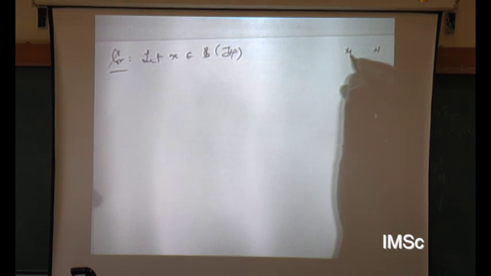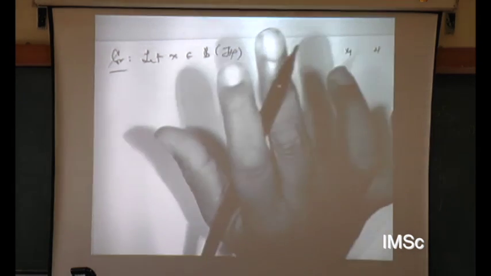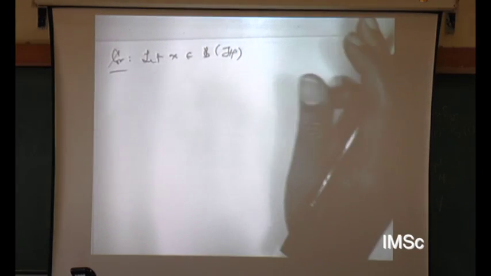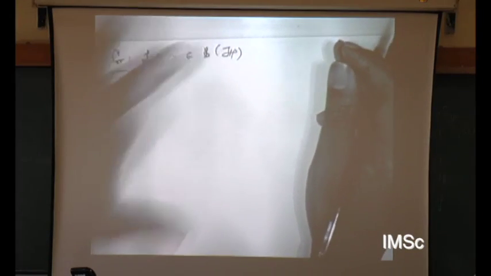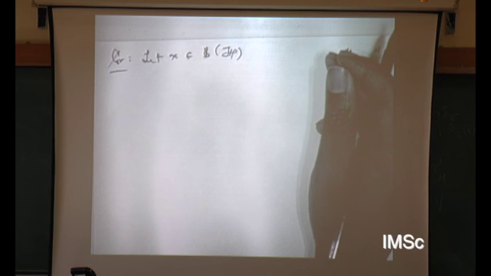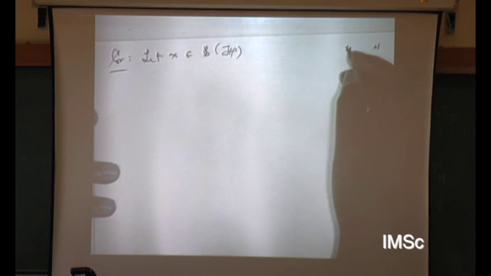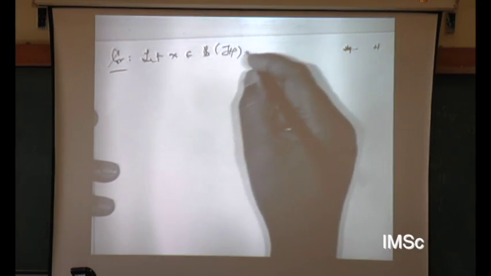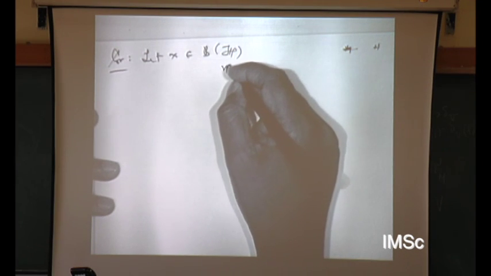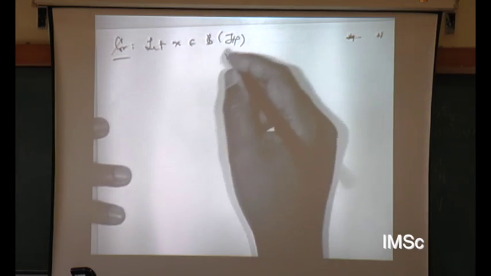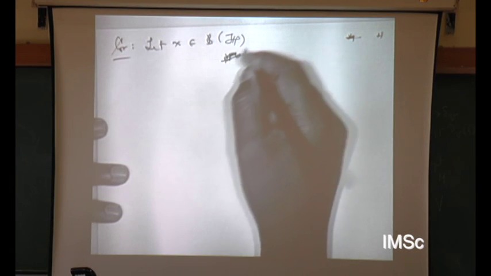So the straight letters will stand for collections of operators, just to keep our notation clear, and these funny fonts are for collections of vectors. So a subspace of this I will denote by something like this. Okay, then